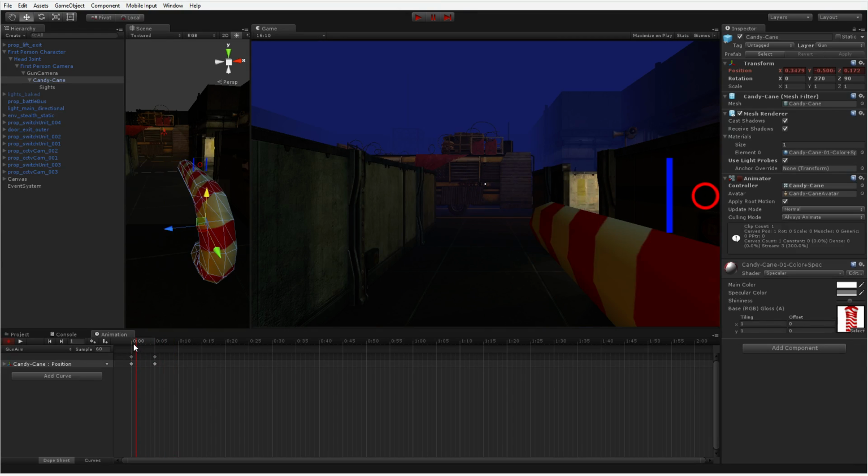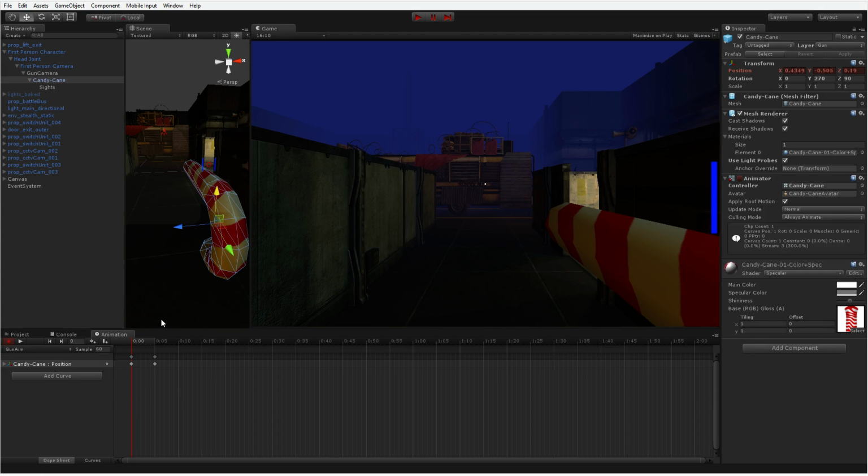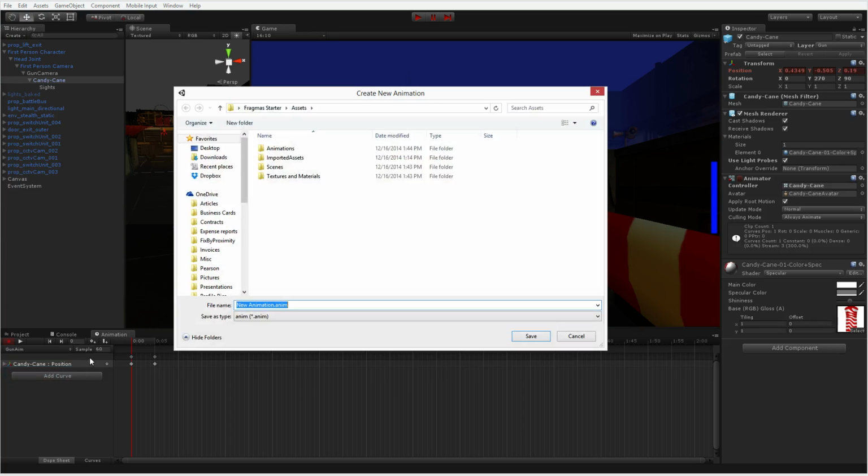I could get into the curves of this animation, right, to make them like swoop in and stuff like that, but I don't really care. That's good enough for now. So that's my aiming animation. So let's do, we'll create a new clip here. And so now I'm going to go to animations, and now we're going to do gun sprint.